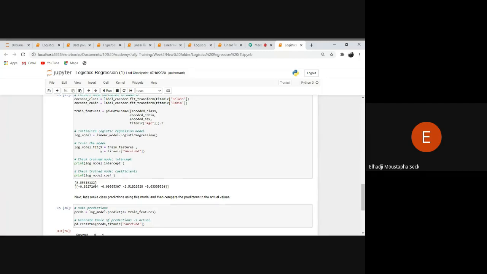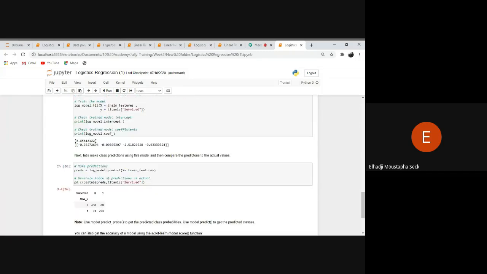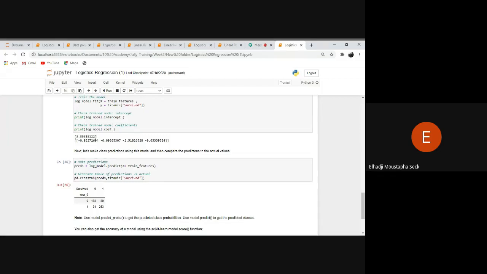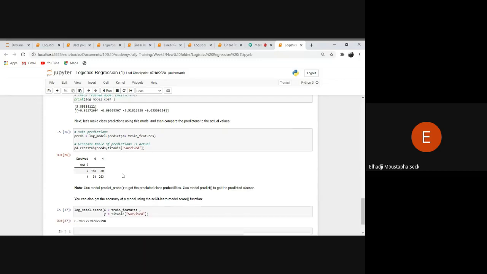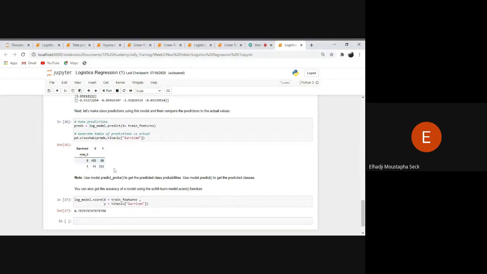and this one will be for age. Okay, now this time let's try to make some predictions using this model, and then compare the predictions to the actual values. Okay, we use this function to predict by specifying the predictor variables that we use, and then here we just print out the variables as a cross table. Like what it has predicted is that, for example, for male, for female, we have, for example,